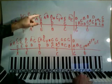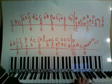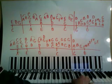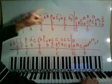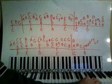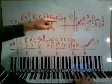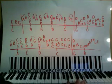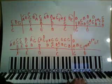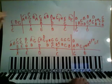And then we're going to have G, D, B here. So G, D, B. And then back to A, B fast. Da-dum. And then we're going to have D, F sharp, and A together. D, F sharp, A. And then G and F sharp fast. Da-dum. And then we'll have G, C, and E together. And then the D, C is fast. Okay, so the right hand starting here is